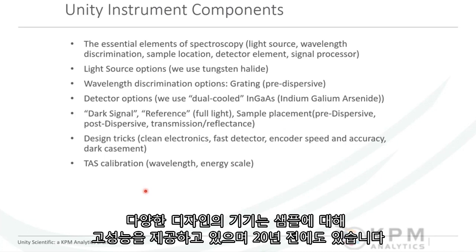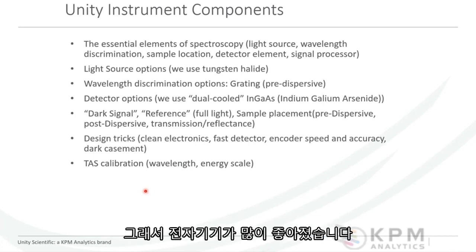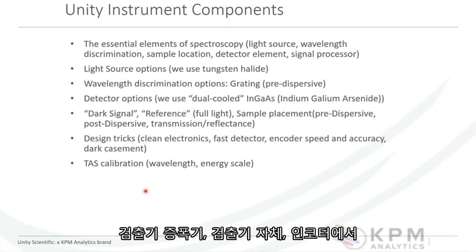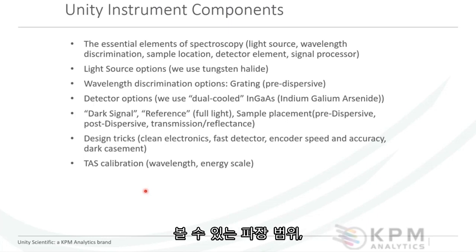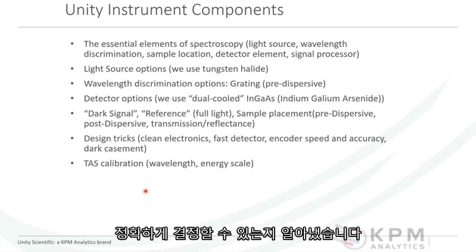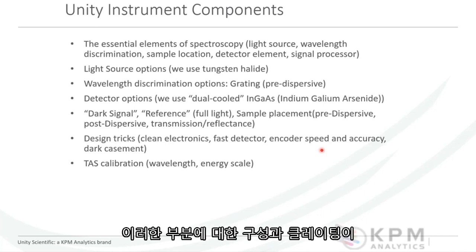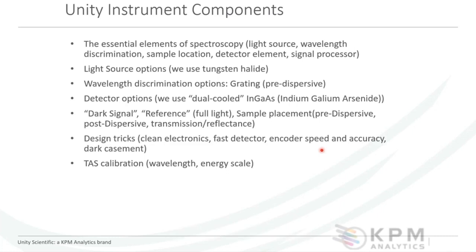These instruments are very high performance, much more so than even 20 years ago. The electronics have gotten so much better: the amplifiers, the detectors themselves, the wavelength range that we can look at, and the encoders, the number of lines, and therefore the resolution that we've got on the encoders and how accurately and repeatably we can determine the encoder position and thus the grating position. All of these have gotten so much better, and it makes our job in using the instrument so much easier